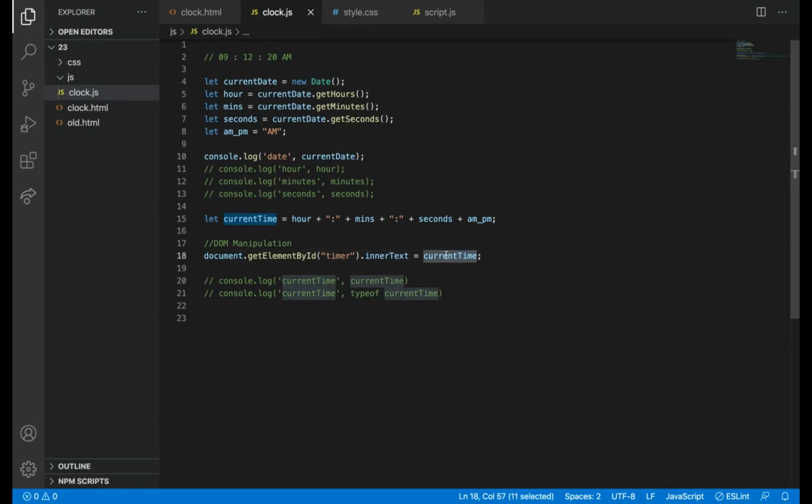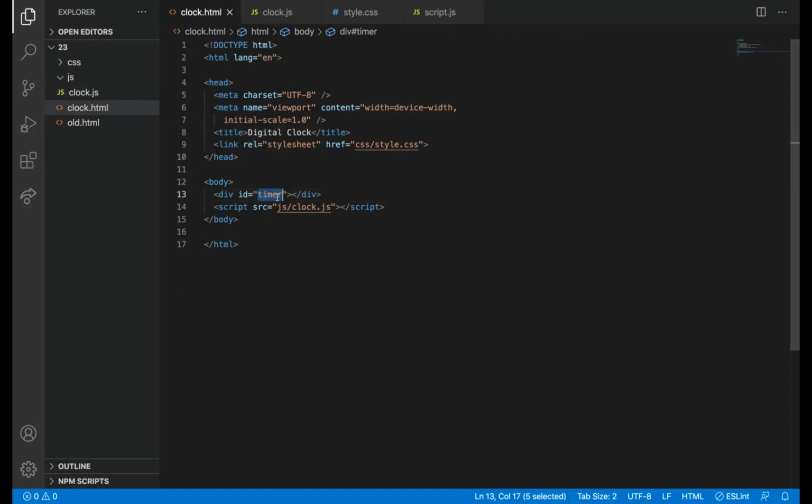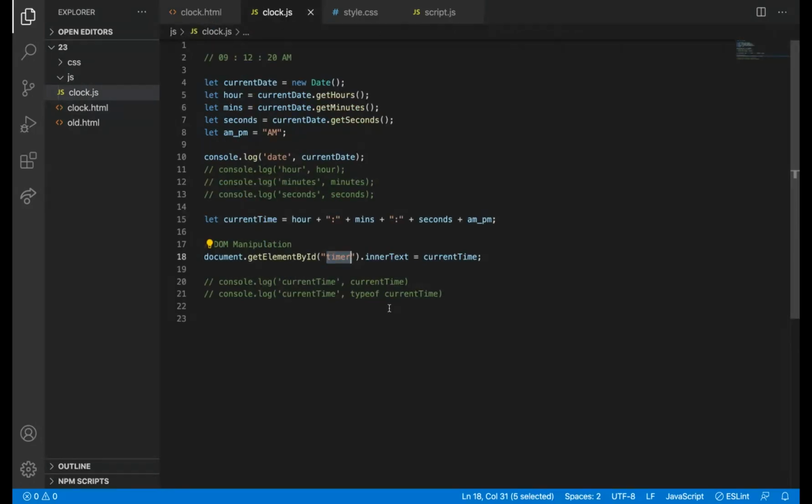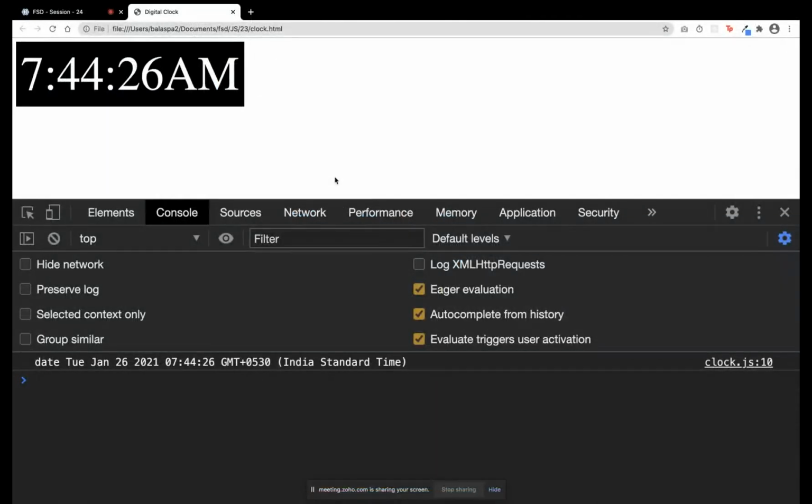What we are doing is we are getting the element with the ID timer. We are getting that, and then we are adding this current time into it. That's it. So we got this output till now.